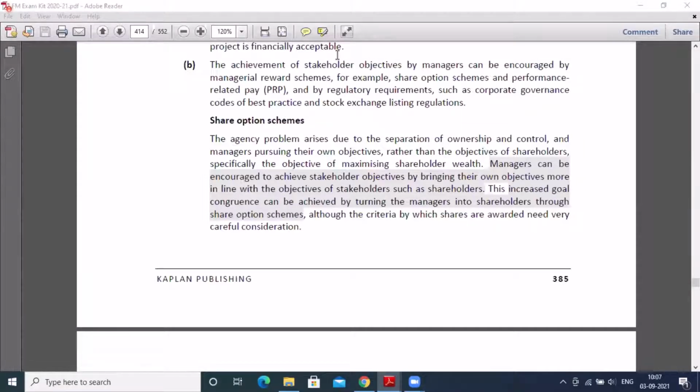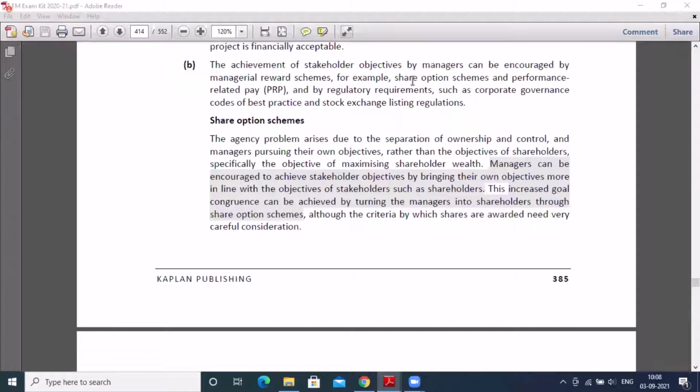Employee stock option scheme, that is executive stock option plan. Very good. Right. Any other, in addition to that, any other point? Only the executive stock option plan or any other point? Can anyone recollect? Very good. Economic value added. Perfect. Yes, ESOP, EVA, remuneration linked with revenue and profit. Yes, very good. Now we'll try to see how it should be presented in our 20 marks case, because the presentation is important.